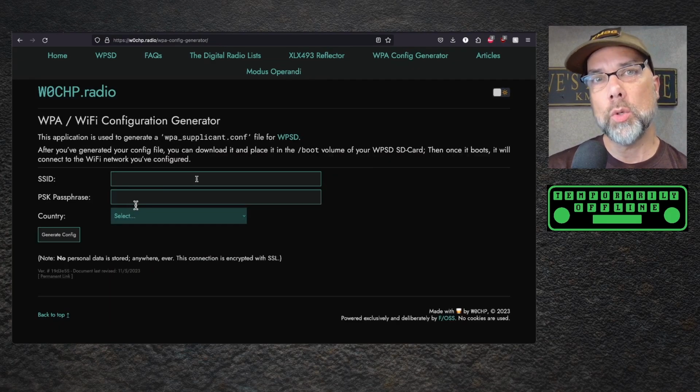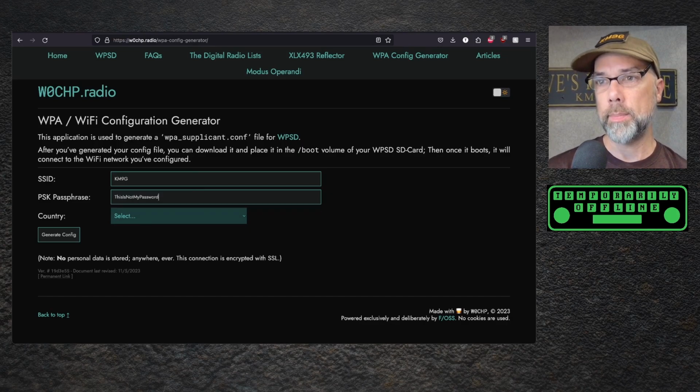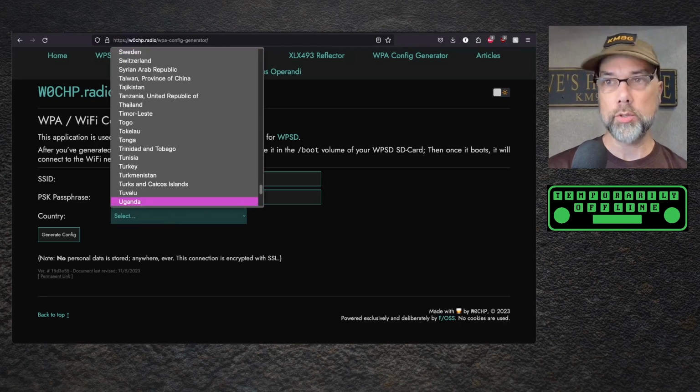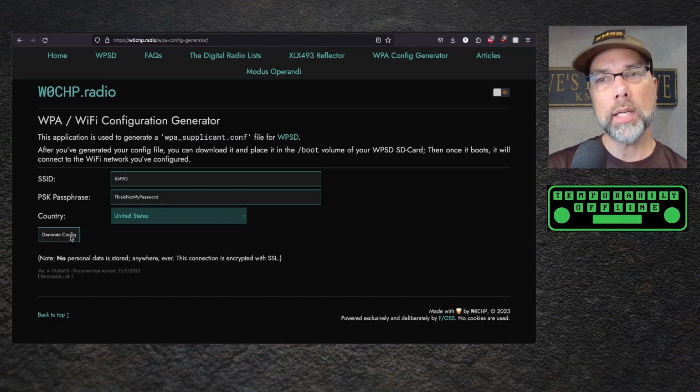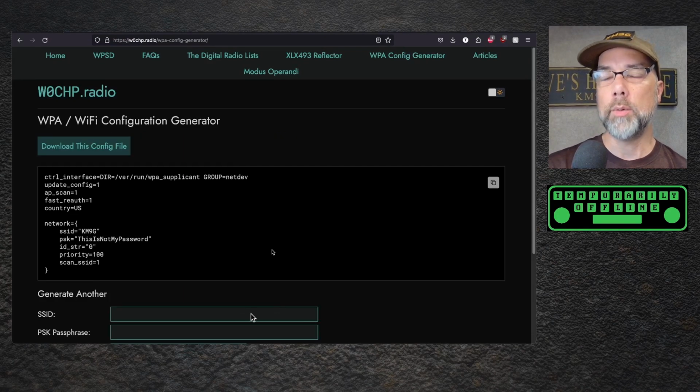You want to type in your SSID and you want to type in your passphrase. This is not my password. And then you want to pick your country. And I am in the United States. And once you do that and you hit generate config, it will pop up a pre-populated configuration file for you